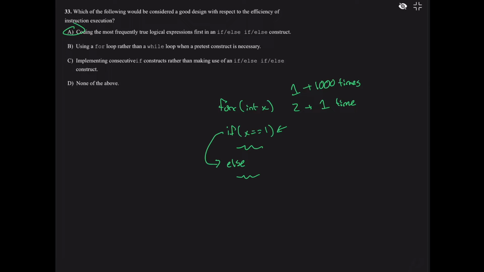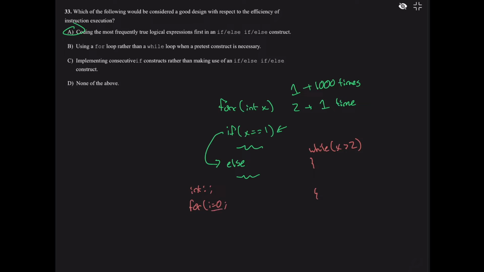All right, B, using a for loop rather than a while loop when a pretest construct is necessary. All right, this is a really weird one. I've never even heard of a pretest construct before, but what I think this is talking about is, say we had the while loop while x is greater than 2. This would be a pretest. A pretest construct is something that we need to check before we enter into the while loop, and so it would be better to use a while loop to do this, because if we were to do a for loop for the same thing, where we have an integer up here,